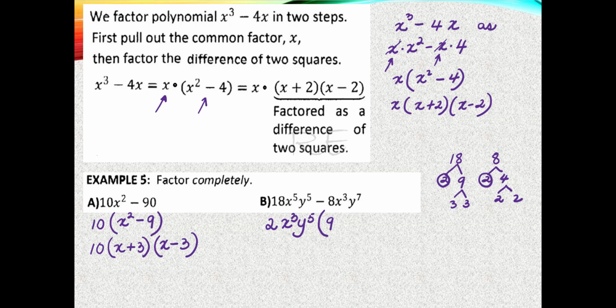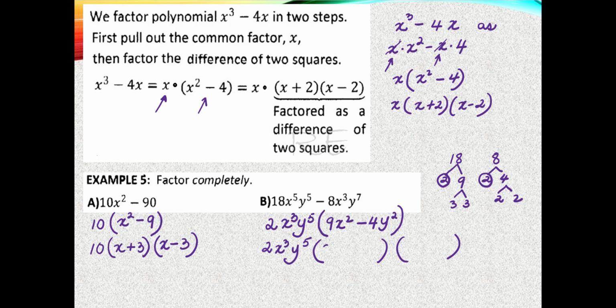2 times 9 is 18. So we have 9. X cubed times x squared is x to the 5th. So we have x squared. And y to the 5th times 1 is y to the 5th. We don't have to write it. Minus 2 times 4. 2 times 4 is 8. X cubed times 1 is x cubed. We don't have to write it. And y to the 5th times y to the 2nd is y to the 7th. Final answer is 2x cubed y to the 5th times,